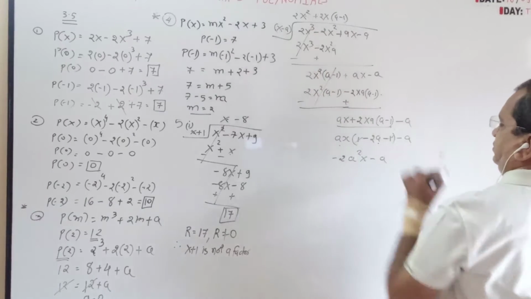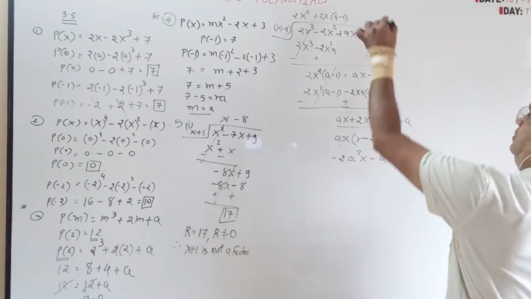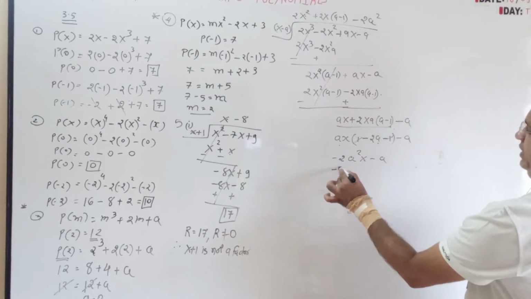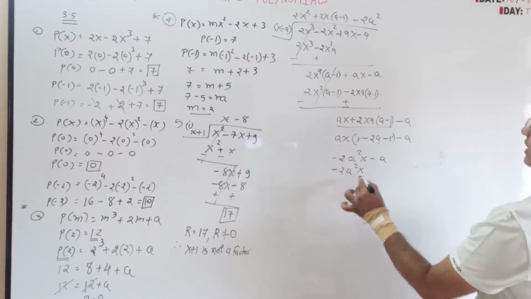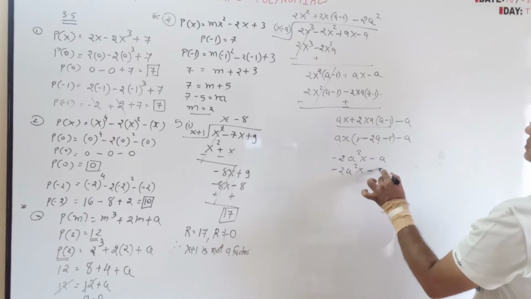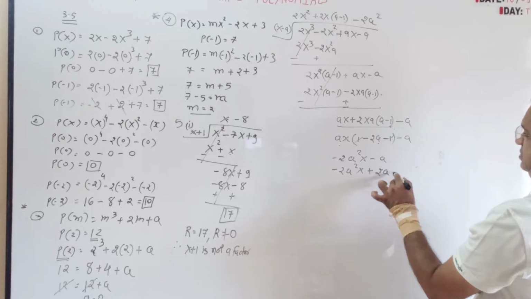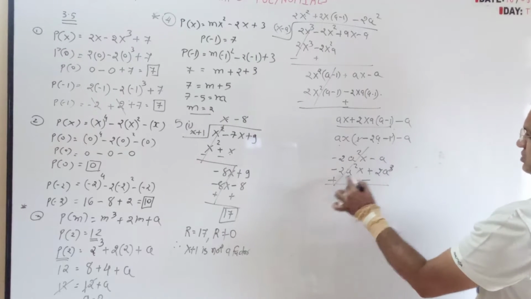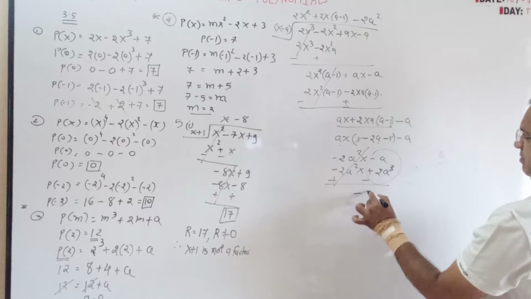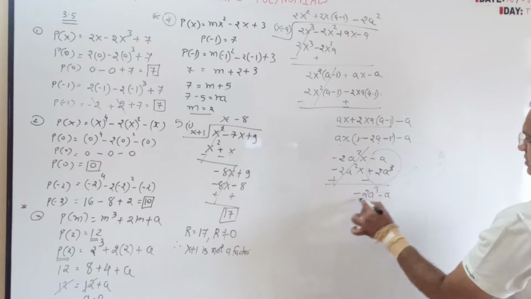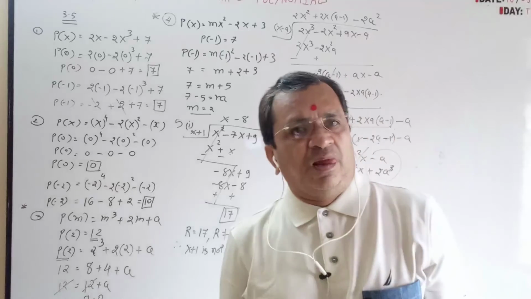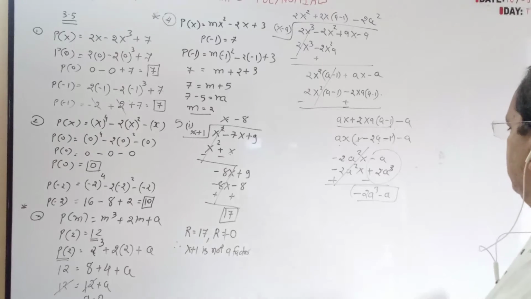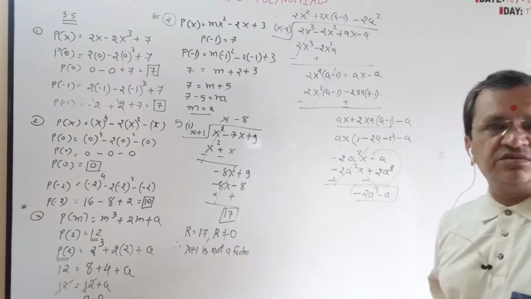Now this divided by this, x will go, minus 2a square. So minus 2a square x minus 2, minus minus plus, a cube. Plus minus, this will be 0, this will be minus 2a cube minus a. By substitution also you can do, x is equal to a. Remainder is not 0, so it is not a factor.